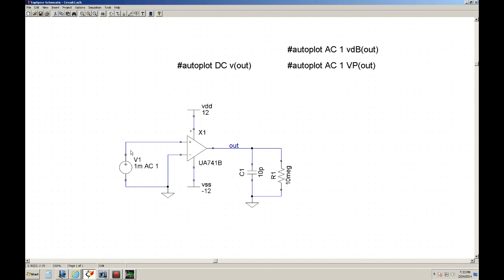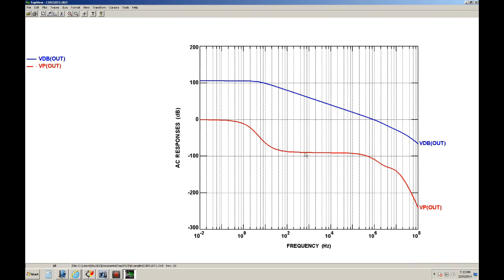Basically that's it. As long as you can do this little technique where you run a DC sweep, figure out what the offset voltage is that you need to insert, and then run the AC sweep, then you're able to see the characteristics of your op amp. Hopefully this will help other